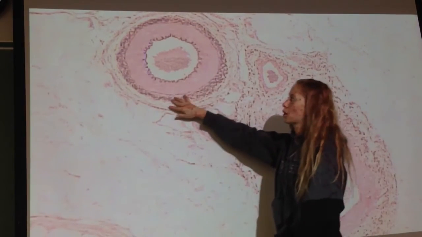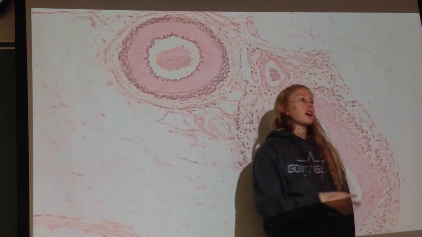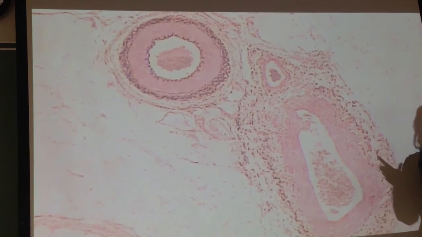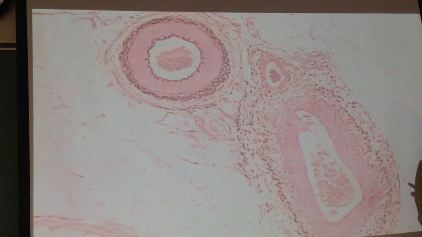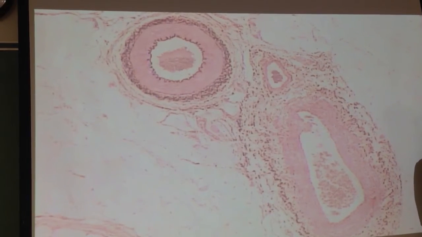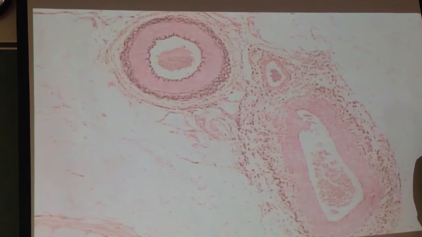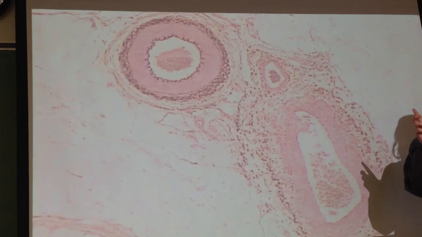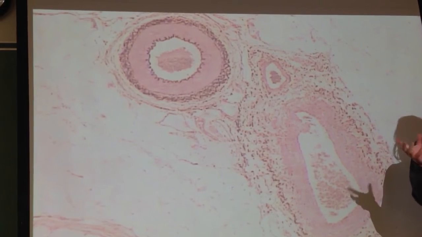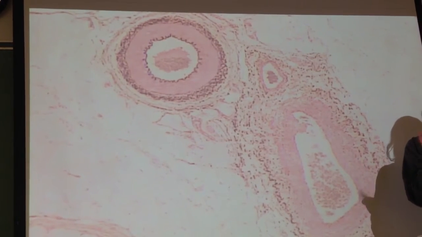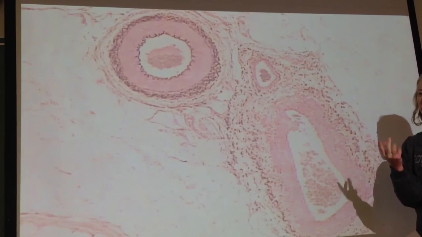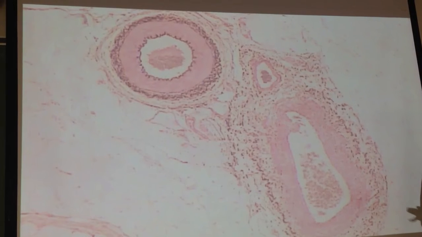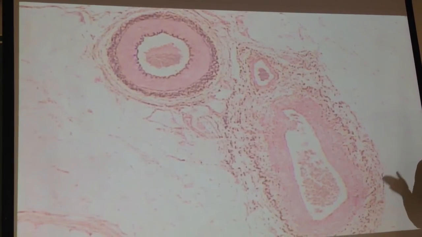Specifically what we see here, darkly stained, those are going to be elastic fibers. You see a lot of elastic fibers in these because you're going to have a lot of pressure, right? Which vessel, veins or arteries, would you expect to have more pressure? In the arteries, right? So you would expect to see a more concentric and tightly packed, more functional elastic layer, usually thicker, in arteries. So you're going to see differences in those outer layers that can help guide you towards whether it's an artery